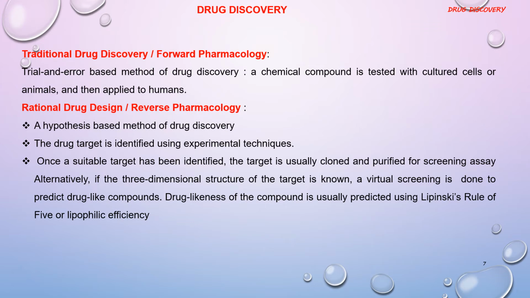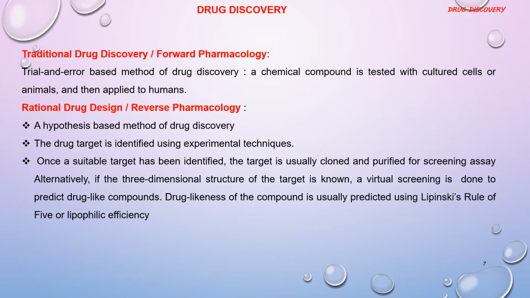Drug discovery methods are of two types, traditional drug discovery or forward pharmacology, and rational drug design or reverse pharmacology. The traditional drug discovery method is the conventional trial and error based method. The presumed bioactive molecule is tested in in vitro systems followed by in vivo methods and then used in humans. The process direction is from